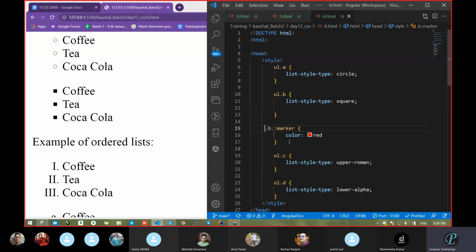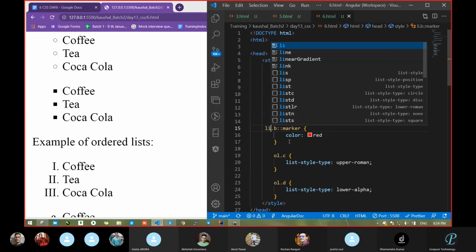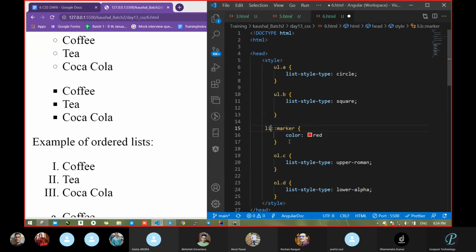One second. Why is it not working? LI. Oh, sorry, yeah, LI. Right, sir. One second. Then also not working. What happened? That is fine. Magic, sir. LI. Okay, LI, sir. Marker is there. Line number 16, saving comma. Shivani, that is single, that's not required. That is not the issue.